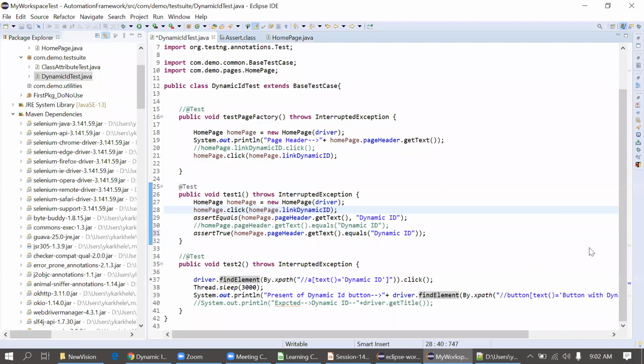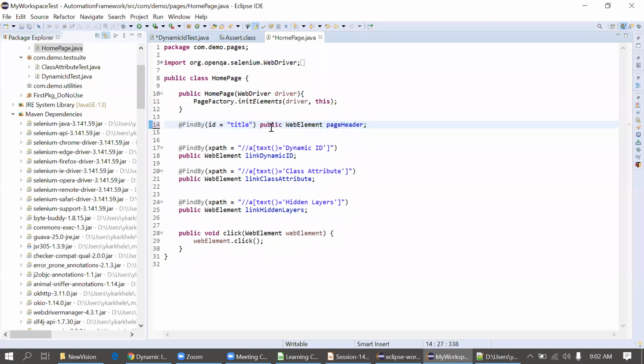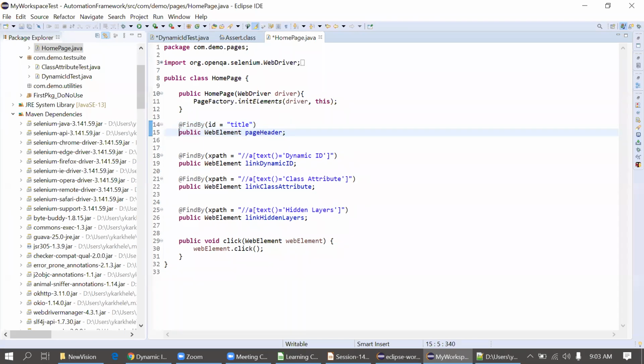Getting a few questions. So Yogesh, can we go back to that page? Yeah, page header. Can we write it in a single line, like public WebElement pageHeader? Yes, you can write that, but it's not in a readable format. You can simply write this as well. No problem, this is supported, but we can see it's not in proper format. Sometimes the XPath is very long, so this public will go far out of this window. So not recommended. Again, you can use it in this way.